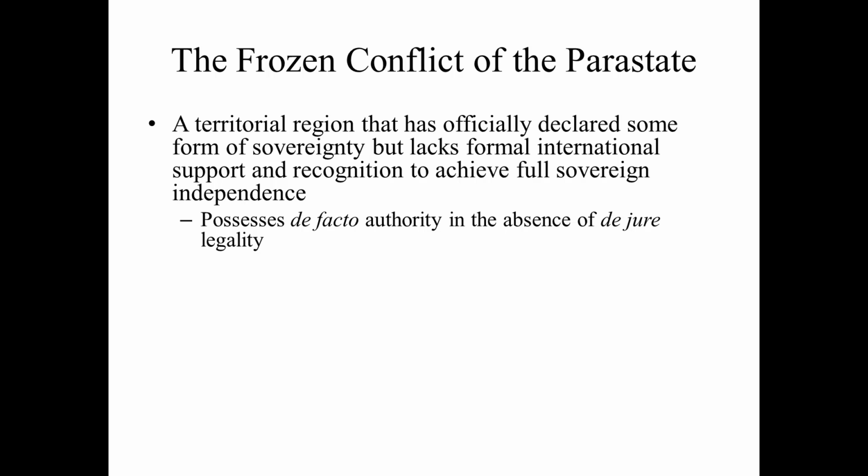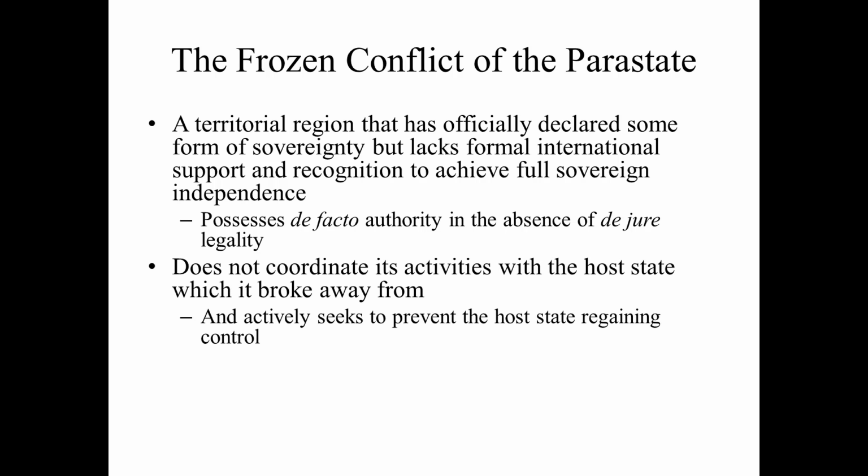This is the big thing. In order to be seen as a full legal sovereign state today, UN membership is the final and ultimate goal. So if you really want to make a very quick definition of a parastate, it is, in so many words, a disputed territory that claims sovereignty but is unable to enter the United Nations because of some diplomatic deadlock.